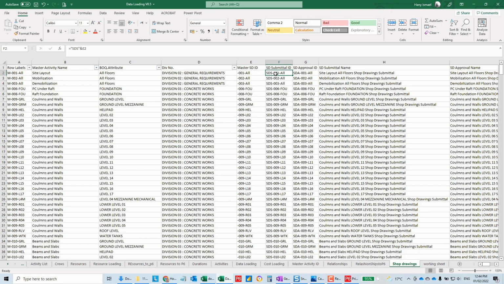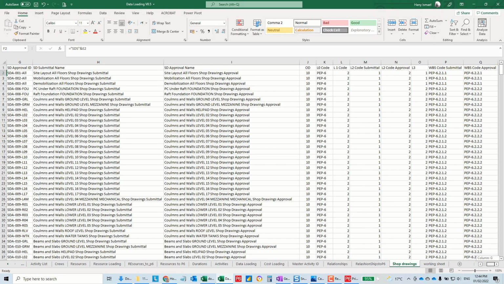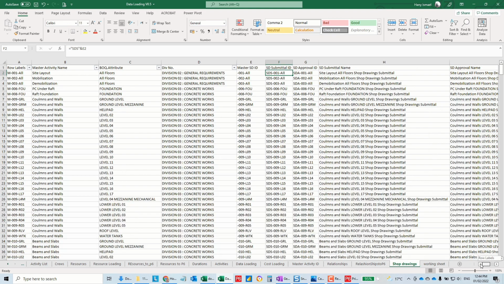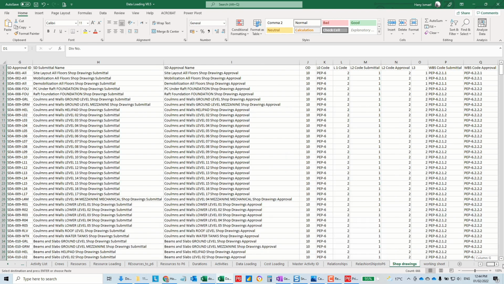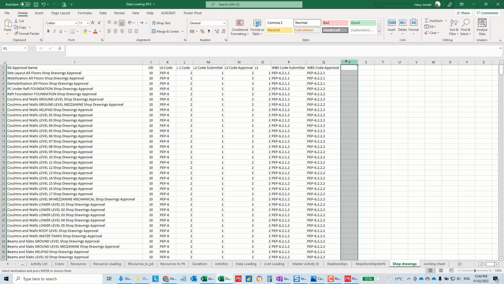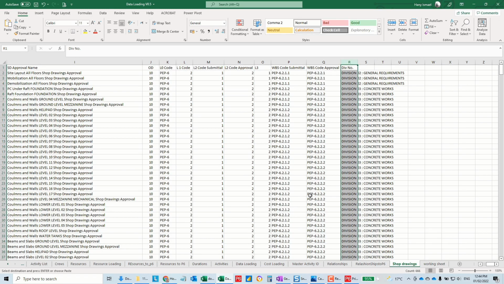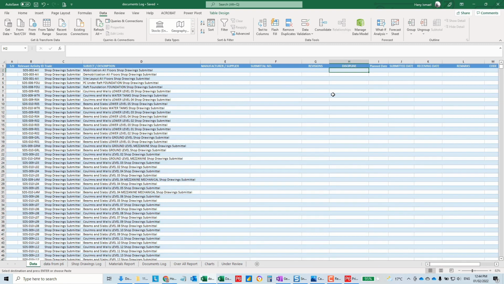Okay, and we have here, we need to link the shop drawing submittal to its relevant, let's say, division number. So VLOOKUP will work from left to right, so I cannot look for this one and come back to find something here. So simply I'm going to copy this one, and at the very end I'm going to paste it 1, 2, 3, and then I'll go to make the VLOOKUP